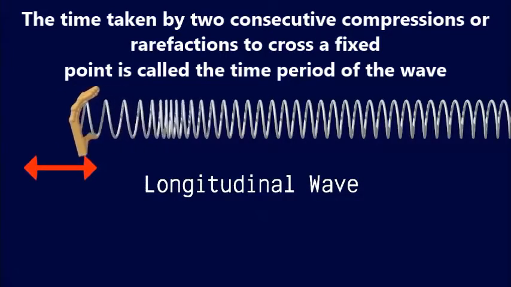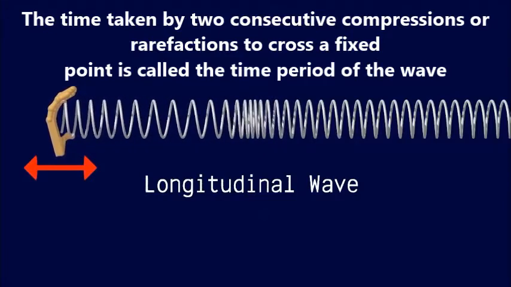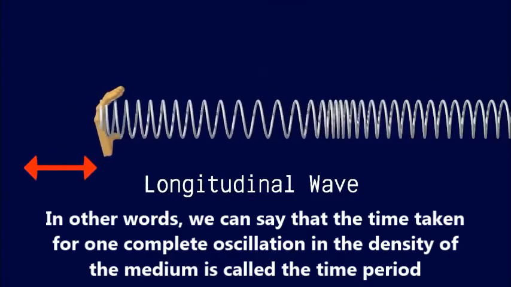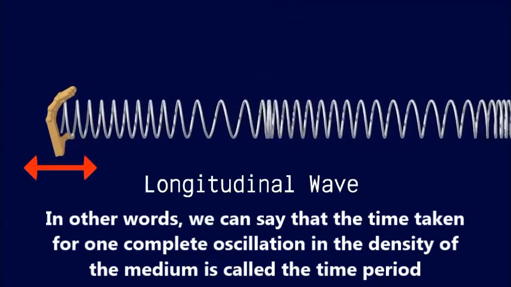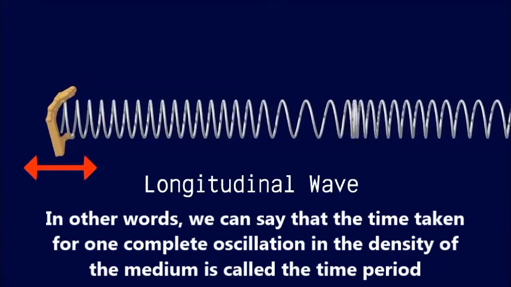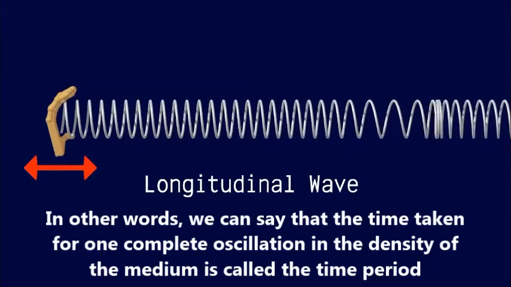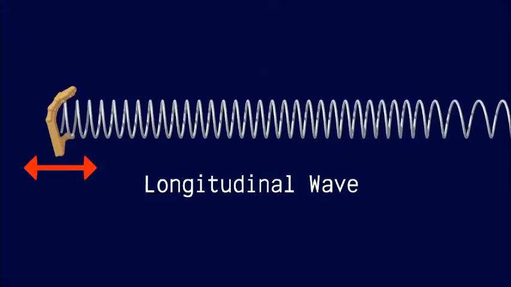The disturbance that makes up the wave is along the direction in which the wave travels. Longitudinal waves are also referred to as compression waves. Frequency and period are reciprocals of each other. In other words, if you know the frequency of something, you can get the period by just taking 1 divided by the frequency. Likewise, if you know the period, you can get the frequency.